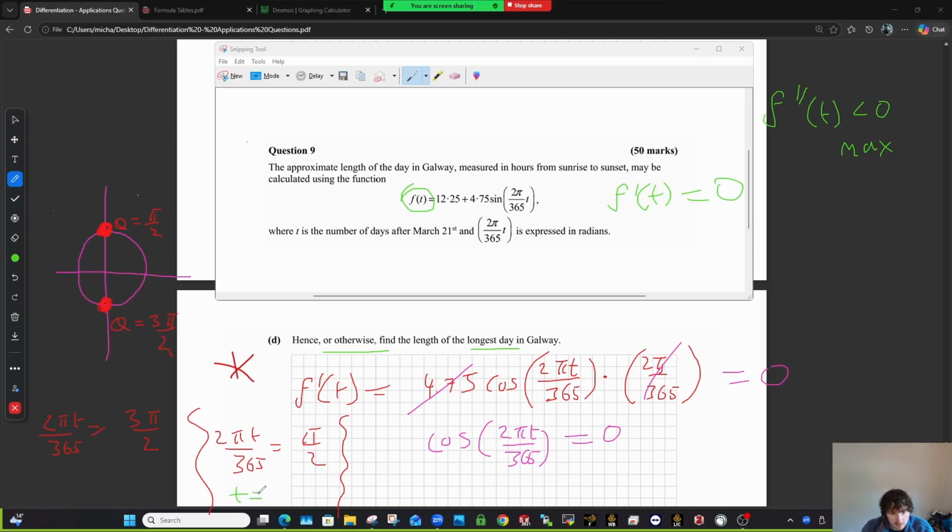The pi's cancel, thankfully. The 365 comes up here and the 2 goes under there. So it's really 365 divided by 4. So 91.25 is one of them, in days. And then the other solution is